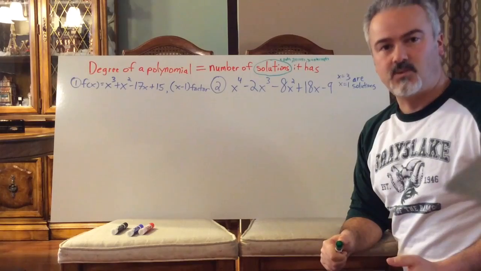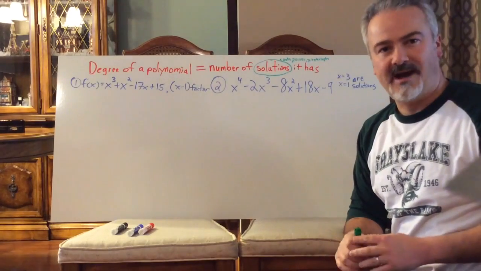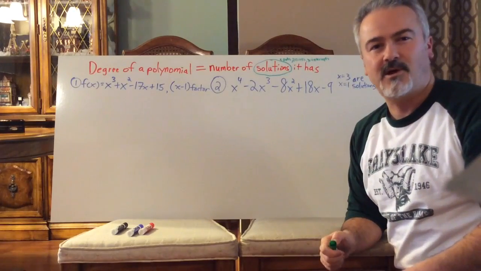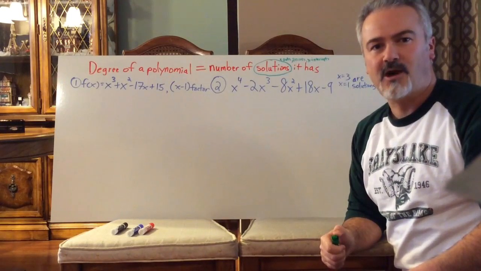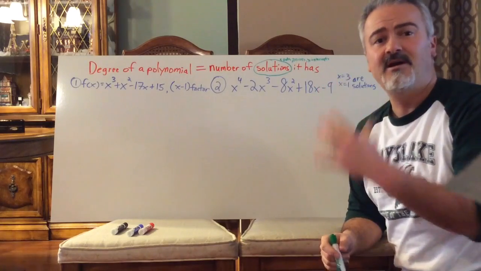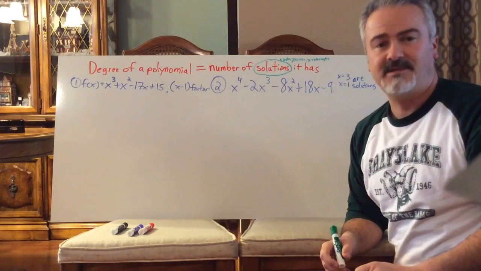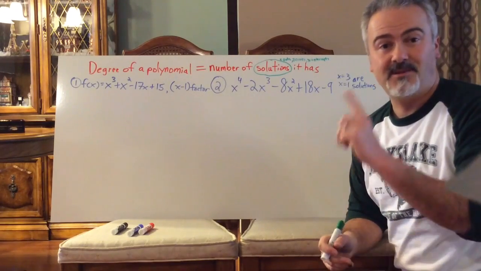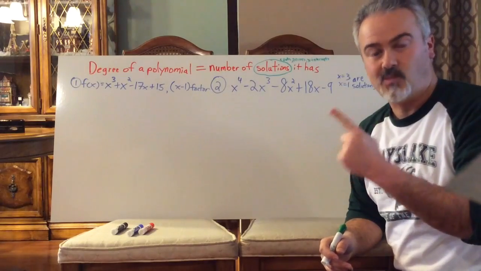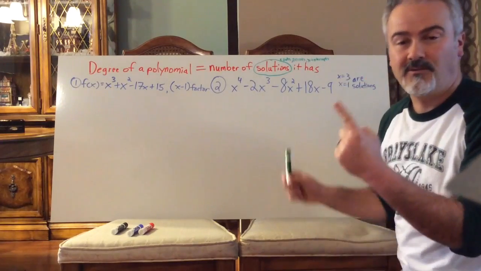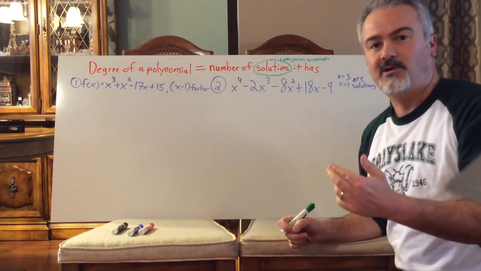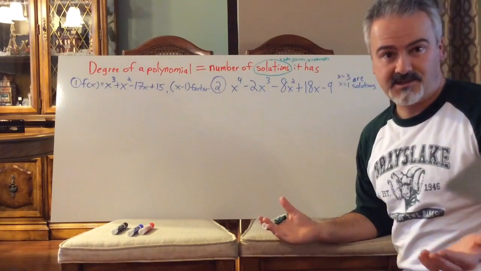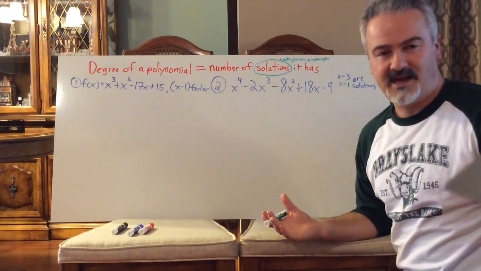If all the solutions were real, whatever that polynomial graph looks like, however many turns it has, the end behavior, all those kinds of things that we already talked about, it could cross the x-axis if it's a degree of 5. It could cross the x-axis 5 times. That means it has 5 real solutions. However, it could only cross the x-axis maybe once, which means it really only has one real zero, one real solution, one real x-intercept, one real root,